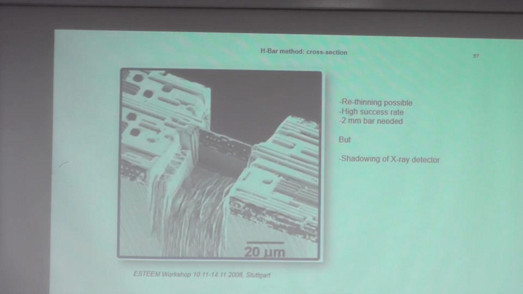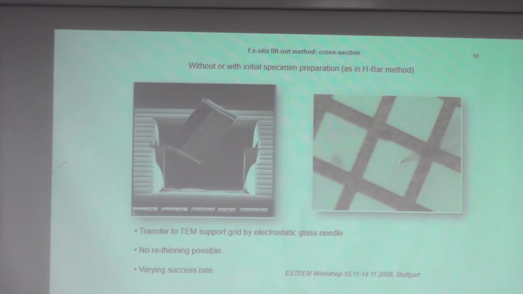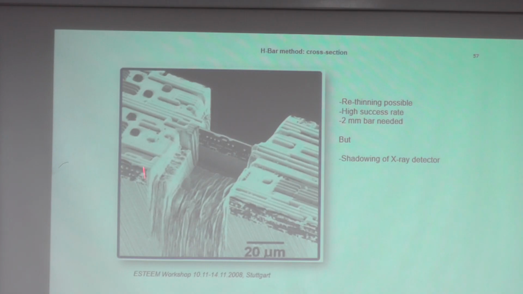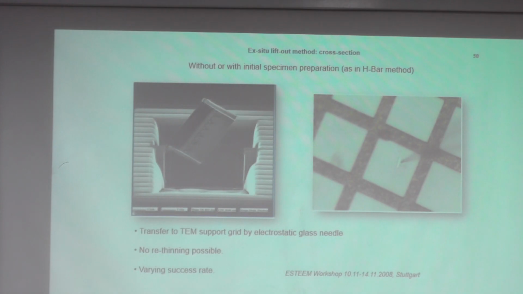However, it was one of the first methods introduced for cross-sectional preparation. Another method is the so-called ex situ lift-out method. You can proceed like with the H-bar method, but because of the problem with thick bars and shadowing, where you can get a low or almost no X-ray signal, you want to transfer your FIB lamella